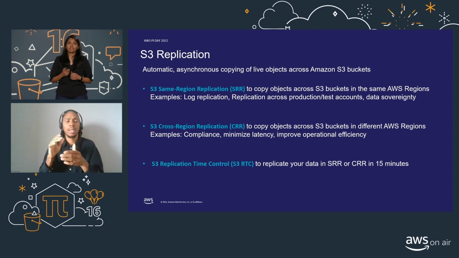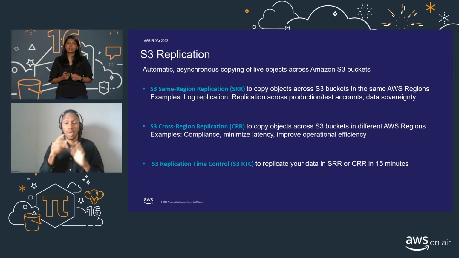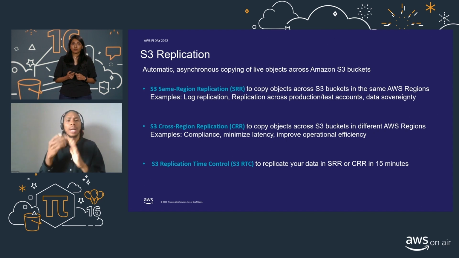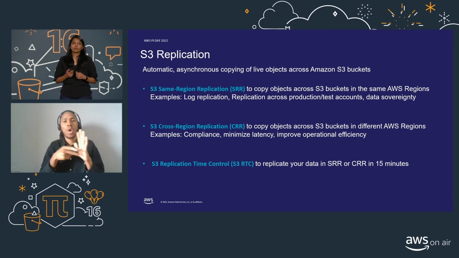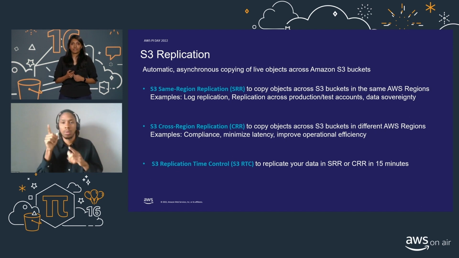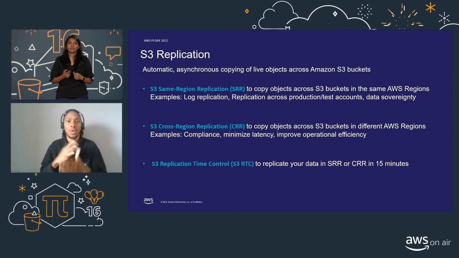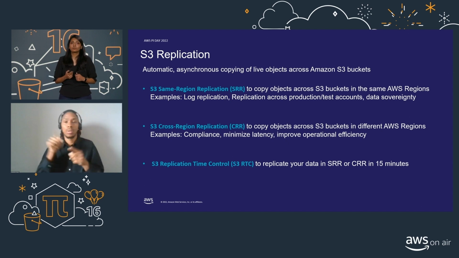Another flavor of replication that helps with compliance is replication time control. If you have requirements on having predictable times for when your data gets replicated, RTC is designed to replicate objects just 15 minutes after upload, with most objects replicating within seconds. These 3 replication features allow you to replicate newly uploaded objects from a source to a destination. Last month, we launched a new capability to replication with which customers can now replicate already existing objects from a source to a destination. You can also replicate any number of objects in a batch with just a single request.